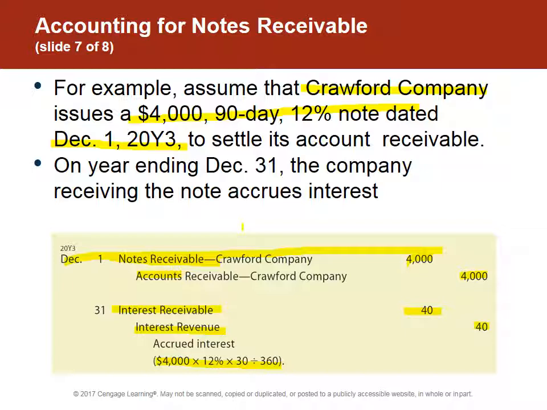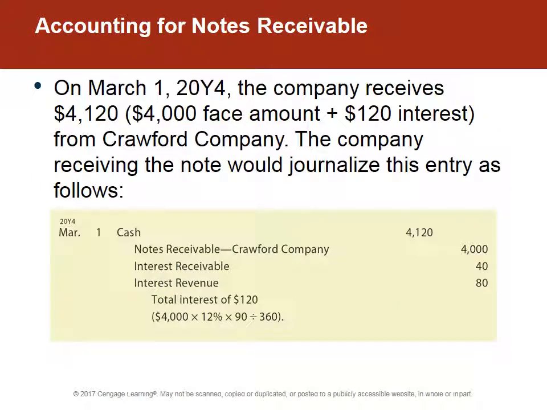So what happens then whenever the 90 days has passed and we actually get the interest income? It's a little tricky. This is even a harder part. What we find then is that the total interest calculation is $120. 4,000 times 12% times 90 divided by 360. But since we've already recorded